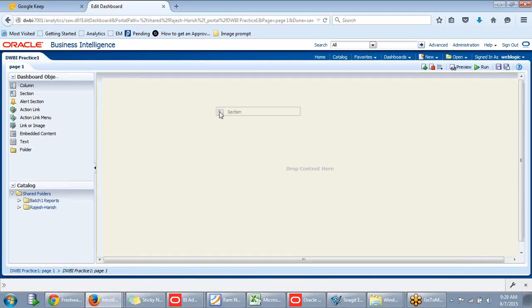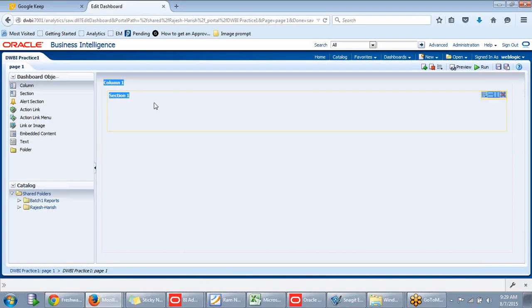Okay, let me drag and drop a section over here. See, when I drag and drop a section over here, a column will be created for the section by default. Okay. Now what I am going to do is,